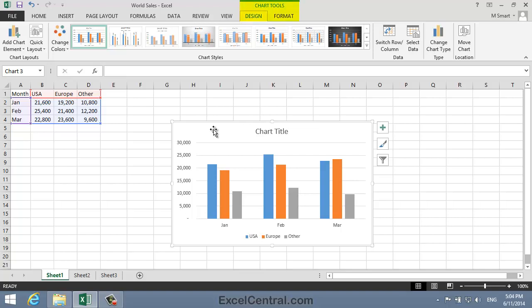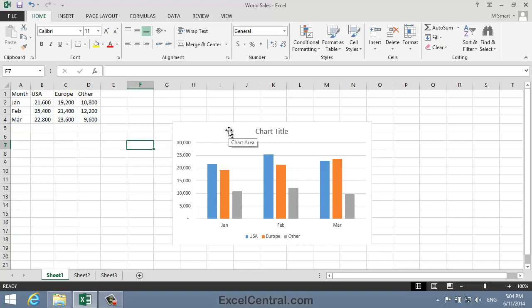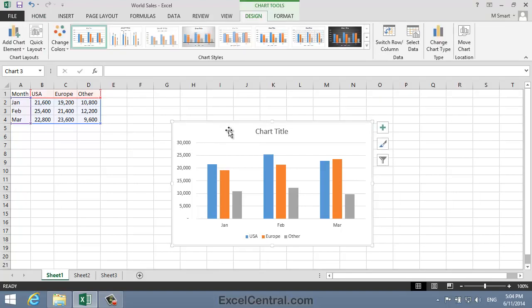First of all, the Chart Tools Design and Chart Tools Format tabs appear on the ribbon. You can see when I deactivate the chart, they disappear, and when I activate the chart, they appear again. The other thing that happens to an activated chart is that a frame with sizing handles appears around the chart. And another clue that a chart is activated is the group of 3 icons that appear just outside the chart on the top right-hand side. You're going to use these icons later in lesson 510.